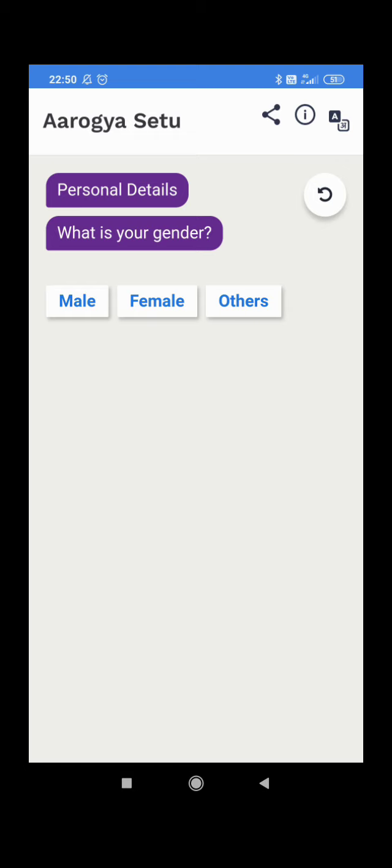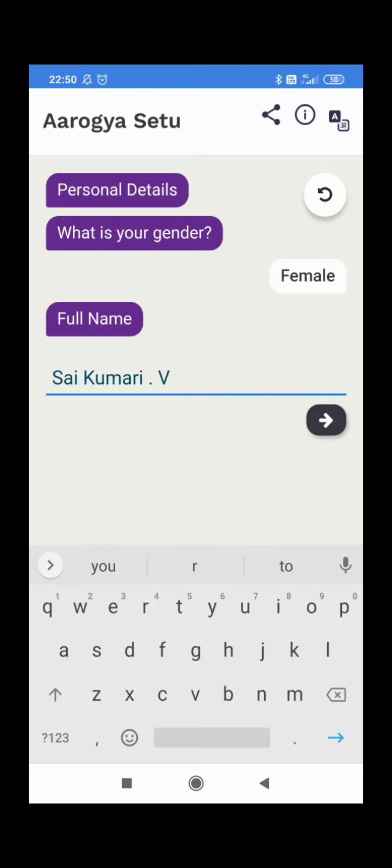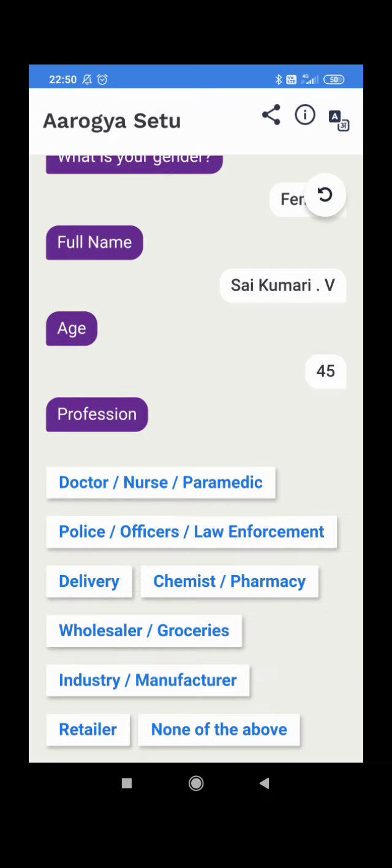What is your gender? Click your choice, male, female, others. Now enter your full name and press the right arrow. Now enter your age and press right arrow. Then click on your profession.